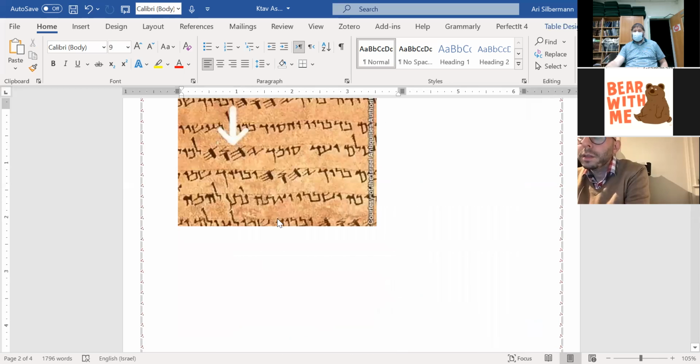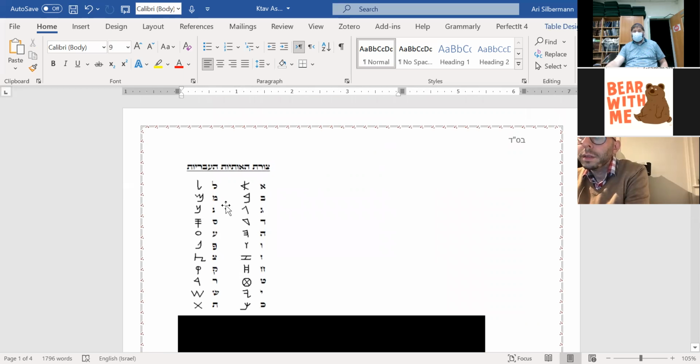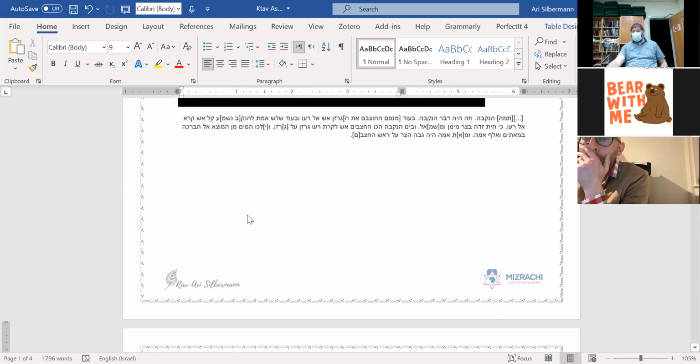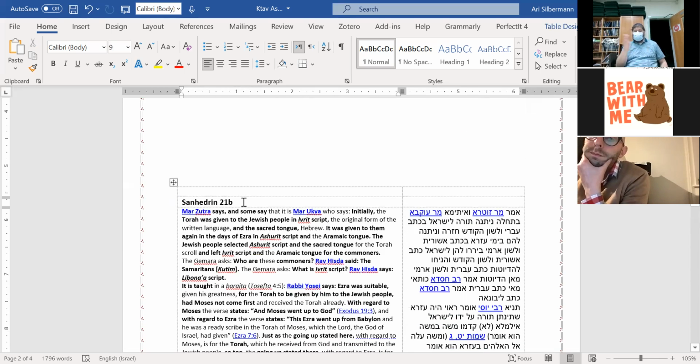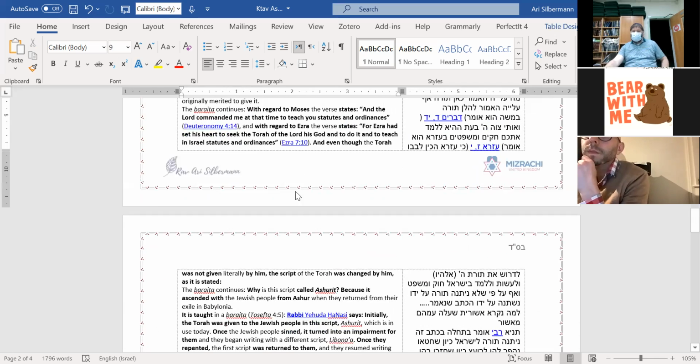No, because the letters are different, so it wouldn't perhaps have the same. And even if it did have tagim, they would be different tagim. Right. That's also what Aaron asked, right? How can we understand the darshan of the tagim if the Rashba says, yeah, it was changed, it's okay that it was changed? He just changed letter for letter, and therefore it doesn't really seem to be a problem.